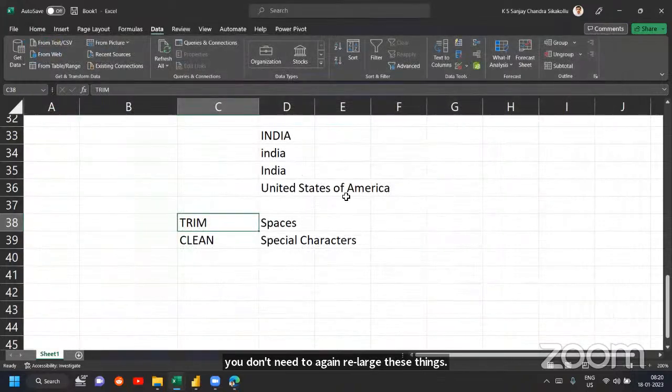So Power Query has been there with Excel from the year 2011. Power BI came in 2015. Even though Power BI came in 2015, those who have been learning Power Query from 2011 are already familiar with it. They only learned a few things newly in Power BI. That's why most of the people who are good in Power BI come from an Excel background, because that knowledge is transferable. So that Excel experience adds on to the Power BI experience. Even if you don't have it, that's fine. You can learn, right?